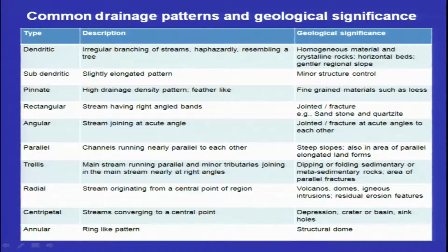So, for example, the rectangular drainage, if you take, okay, and most commonly found is a dendritic, but look at a rectangular stream having right angled bends. So, what is the geological significance? Joints and fracture, for example in sandstone and quartzite. Sandstone is a sedimentary rock, quartzite is a metamorphic rock. Then if you look at the dendritic pattern, irregular branches of stream, haphazard, resembles a tree, tree like pattern. So, it is in homogeneous material, horizontal beds, gentle slope, etc. So, go through it. This will help you in interpreting your observations